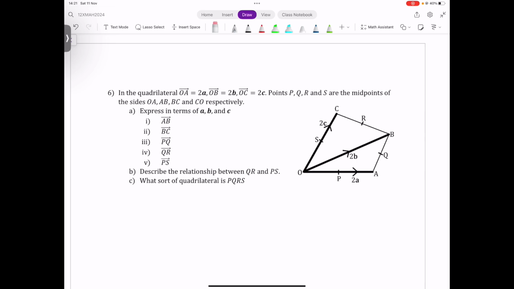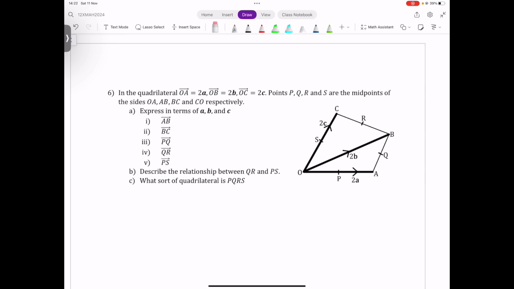So we've got, in the quadrilateral, OA is equal to 2A, OB is 2B, OC is 2C. The points Q, P, R, and S are the midpoints of the sides OA, OC, and BC respectively. And we've got to express in terms of A, B, and C quite a number of different things. We might want to add a few things to our diagram. So we want to find, first of all,